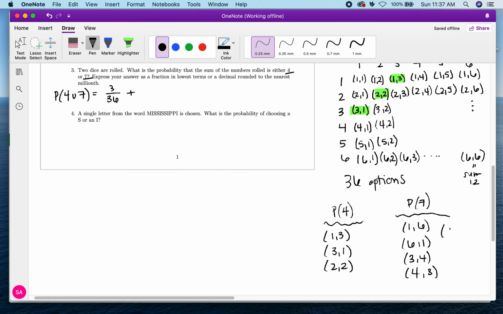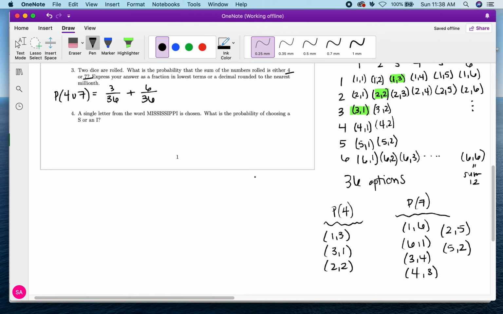And then there's another one, 2, 5, and 5, 2, right? So these are all the different ways we can add up to 7 with these 2 dice. How many are there? 1, 2, 3, 4, 5, 6. So there's 6 different ways